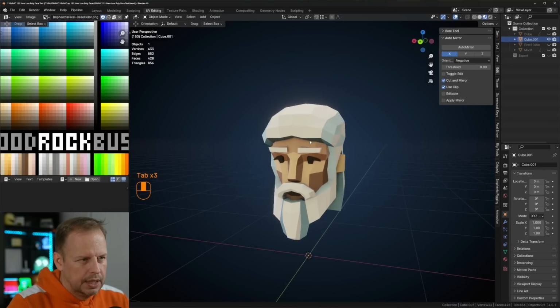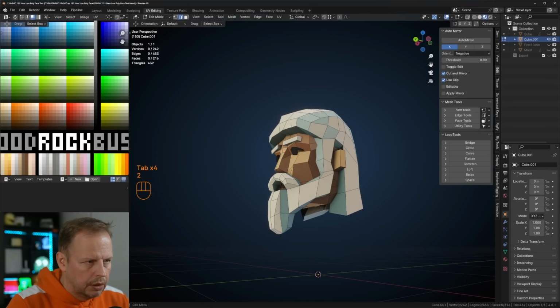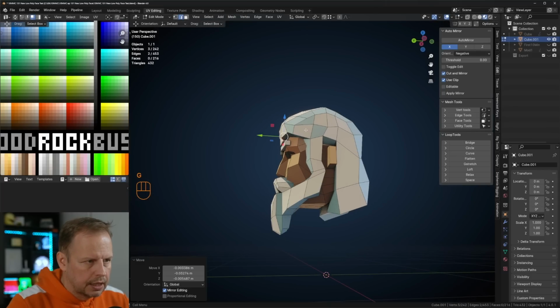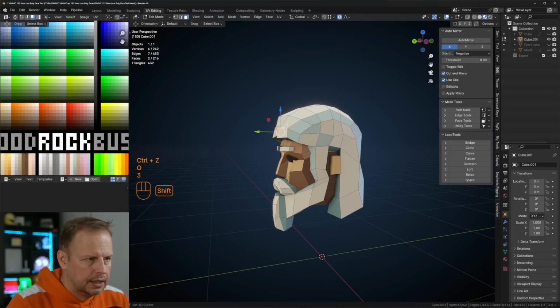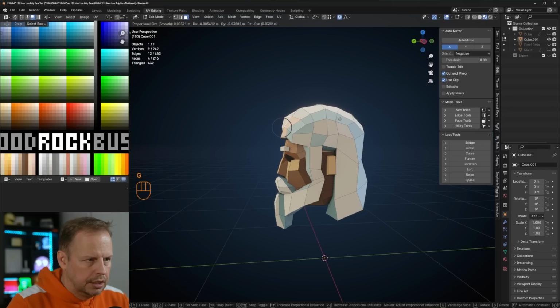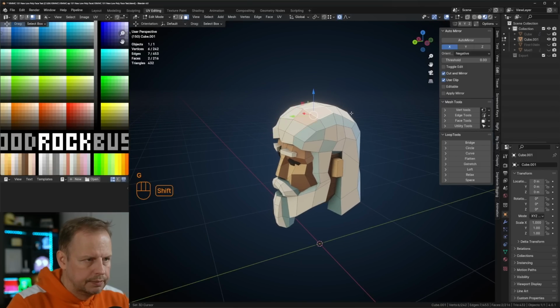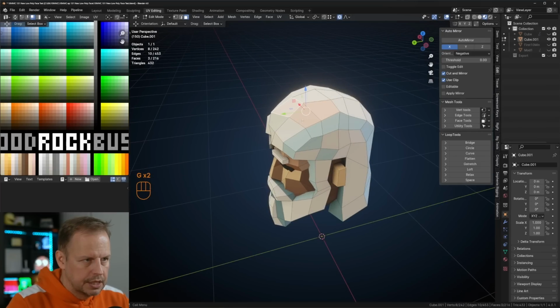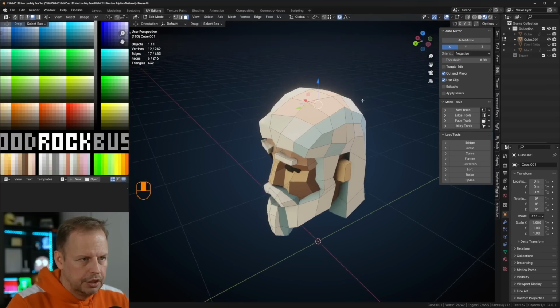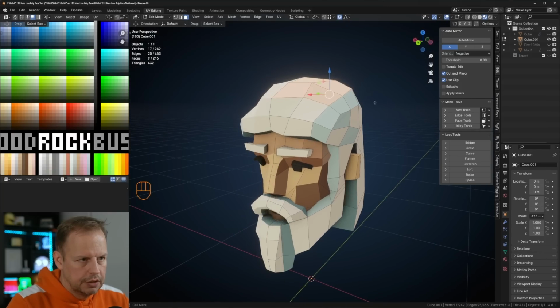Maybe. And the hair is looking, I'm not happy at all with the hair. I'm not sure why. Maybe it's too thick, too much hair. So I'm gonna go proportional on this thing. Shift select a bunch and G to move it in. I think it's too much hair. I'm jealous, that's what I'm trying to say. G to move this in. Shift select, shift select, shift select, shift select, G,